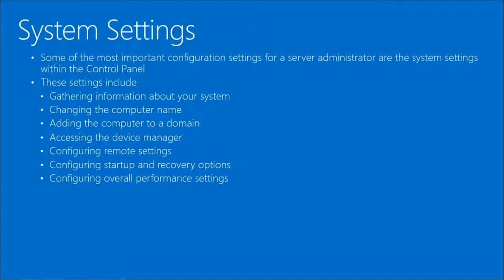We've talked about initial configuration settings. And we've talked about control panel. Now let's talk about system settings. So important configuration settings that you would perform for server administration. And these are within control panel. So getting information about your system,